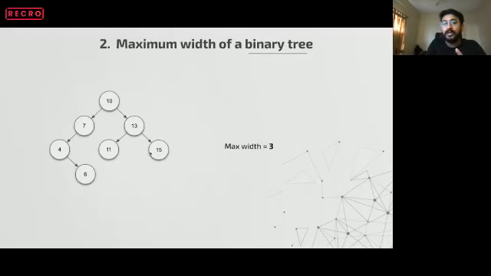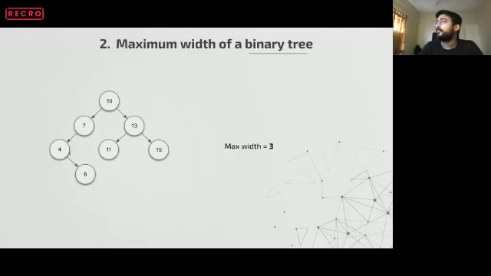So the idea is to go with level order traversal. So you have to find the right traversal for the given problem, right? You have to look at the problem, understand the problem statement, and then find which can be the right approach. And then you can start solving it.